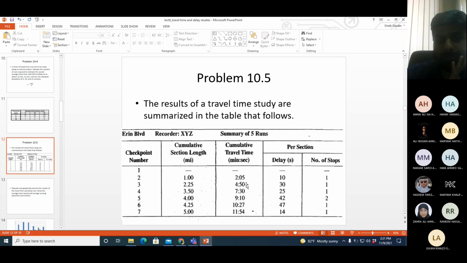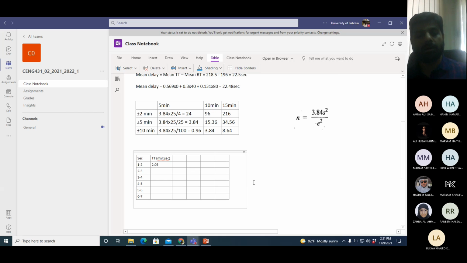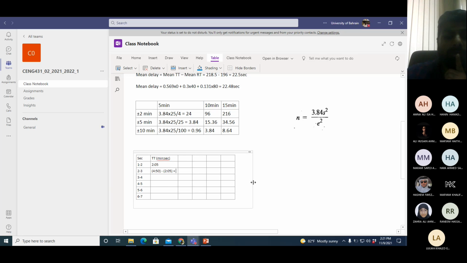So I need to take the difference between 4:50 and 2:05. 4:50 minus 2 minutes is 2:50, and 2:50 minus 5 seconds is 2:45.